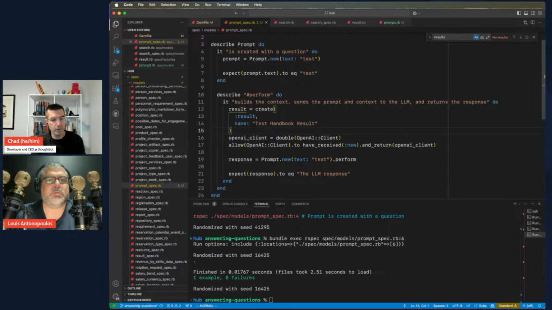Okay, so if you haven't seen this before, what we're doing is we have this OpenAI client. We're using mocking, stubbing, whatever, to replace some existing methods on that class with ones that return our mock. And so we're saying when you call new on OpenAI client, we're going to get our fake one. And that allows us to then,